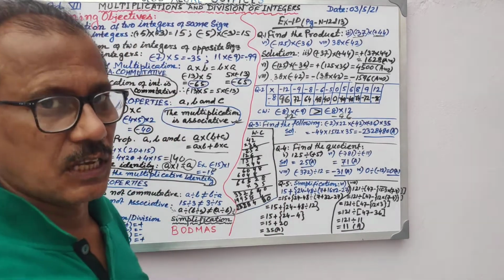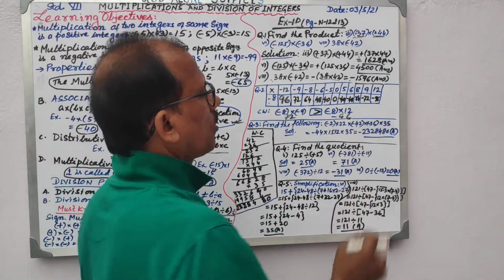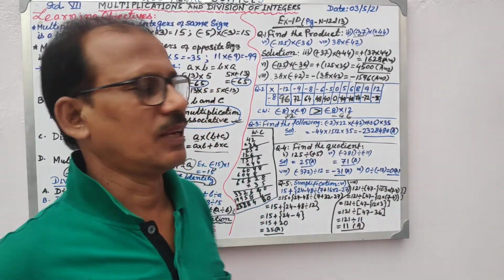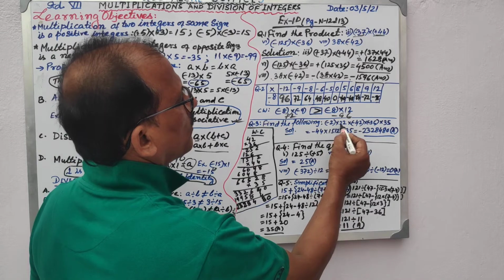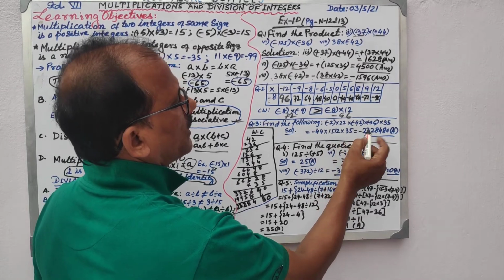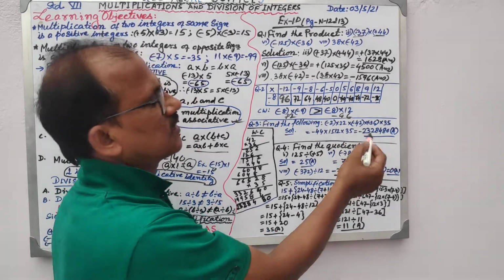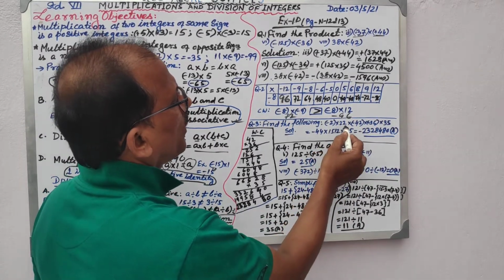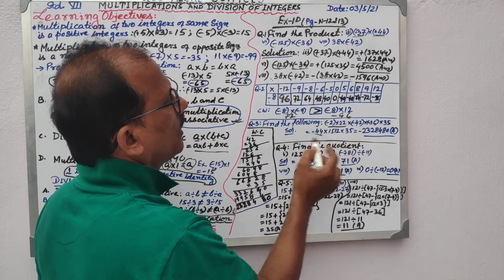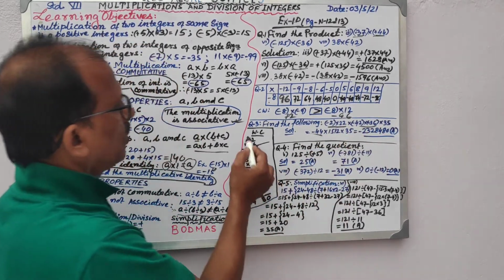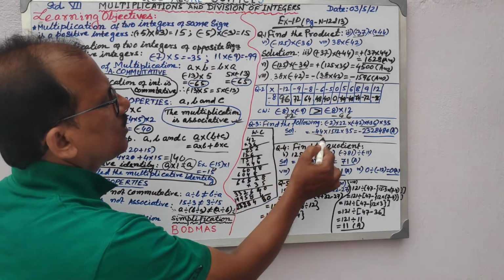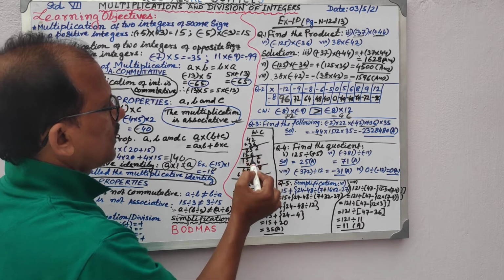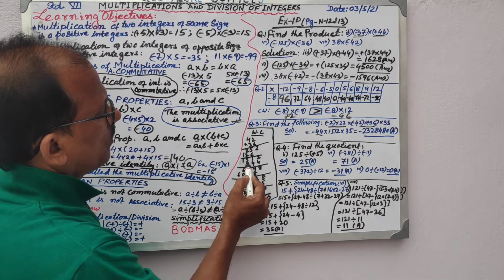Here the simplification is all multiplication. You need to find the product of so many multipliers. So you have minus 2 multiplied with 22, multiplied again with minus 42, multiplied again with minus 36, and again minus 35. What you can do is find out the product of the first two, then use the working column. You find the product of these two, minus 44. Then 42 into 36 you have found out, that became 1512.